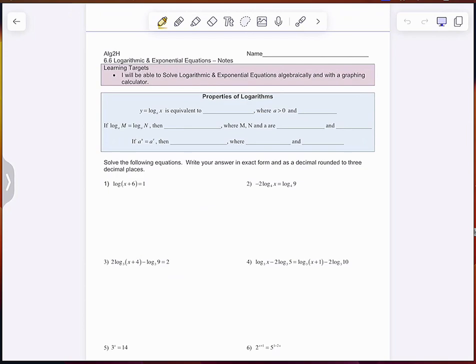We are going to be solving equations using logs and exponents. And the whole point of today's lesson is how to decide what formula to use while you're solving. Okay? So first thing,